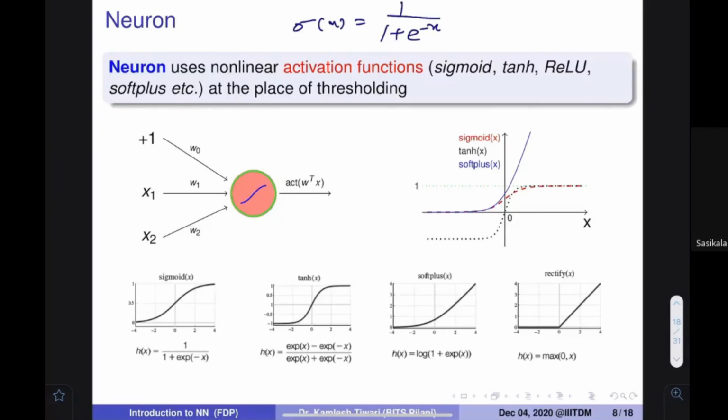Okay, so does anyone have any idea why we are using this function? Why don't we use sigmoid of x equal to maybe x cube? What's the problem with that? We can use this x cube, no? What is the problem? That will also be fine. There also you can find similar things.